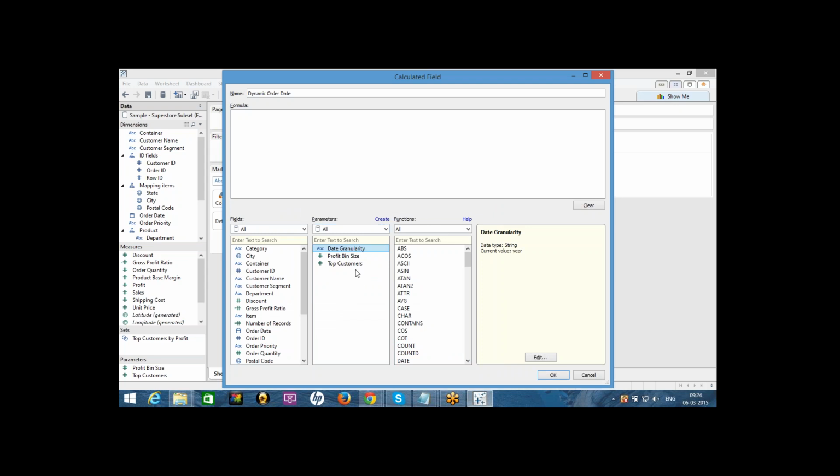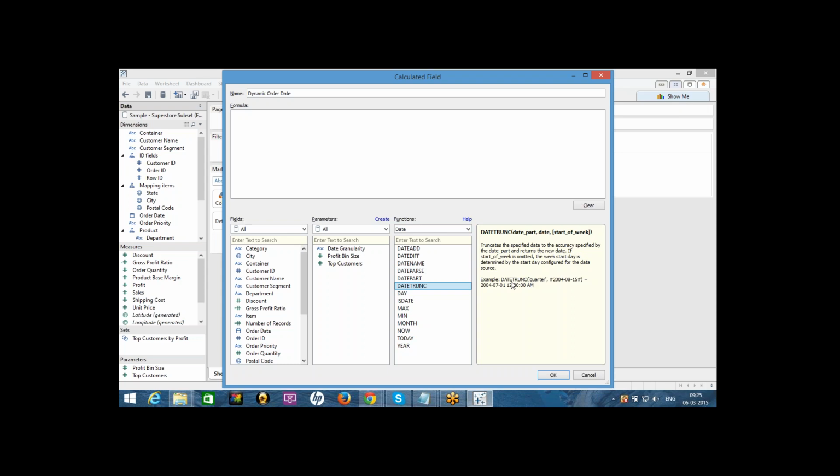Now we are going to see a date function called DATETRUNC. The definition of DATETRUNC is: it truncates the specified date to the accuracy specified by the date part. We call quarter, year, month, day all date parts, and it returns the new date.